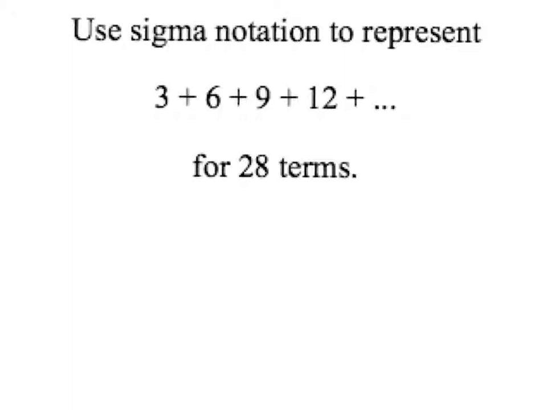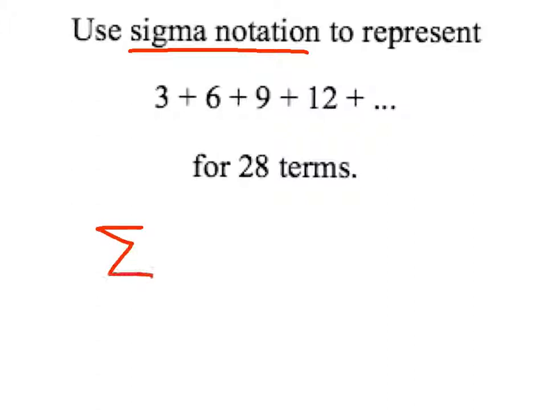All right, we're going to go back and we're going to finish today's lesson similarly to the one we had yesterday when we were trying to write. Do you remember when we had to write the explicit formula for the nth term? We had to identify the pattern ourselves and come up with a formula. This is very, very similar. We're just going to throw a sigma in front of it. And they want me to kind of work backwards compared to the last couple we did and write our own sigma notation to represent the sum of this sequence, assuming that we went all the way to the first 28